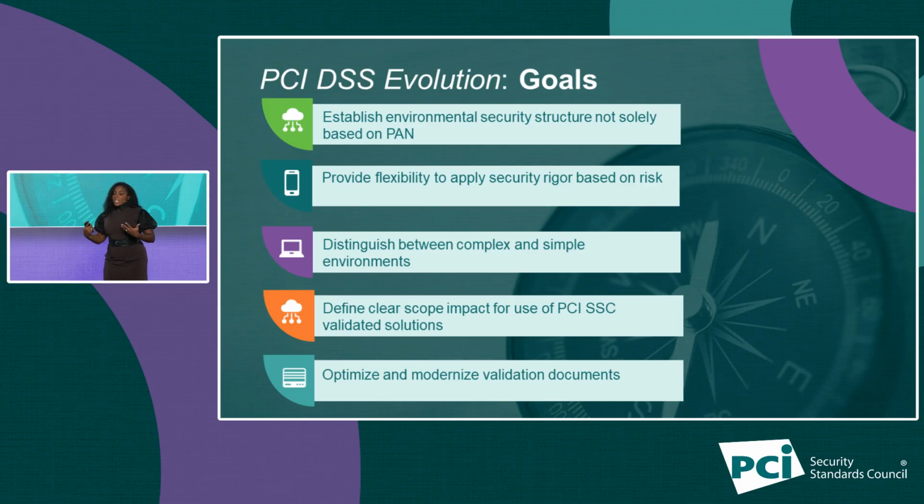Third, we must provide a clear impact for entities that use PCI DSS validated solutions on their assessments. Are there scope reduction opportunities if certain tools are being used? Well, the evolved DSS will certainly provide that clear understanding, so an entity knows how the use of their solution helps to support the completion of a DSS assessment, to reduce that redundancy and additional work effort that may not be required. And finally, we must ensure that validation documents are optimized and modernized based on their function and their use in today's payments industry. So these are the 5 key areas that we are looking to get towards.